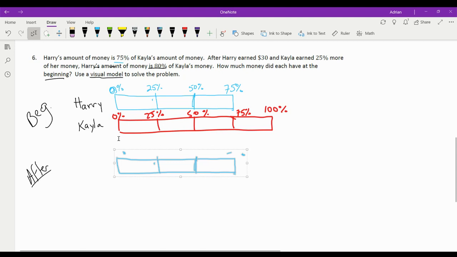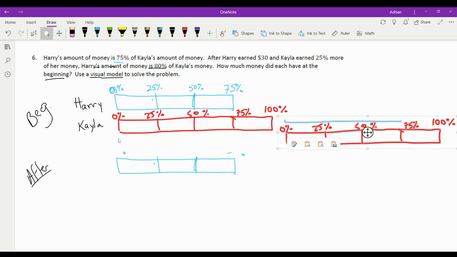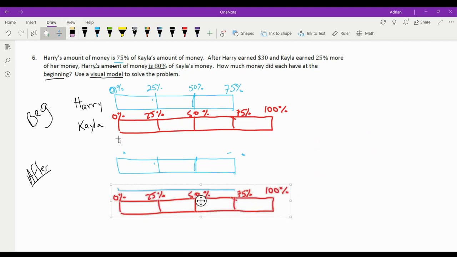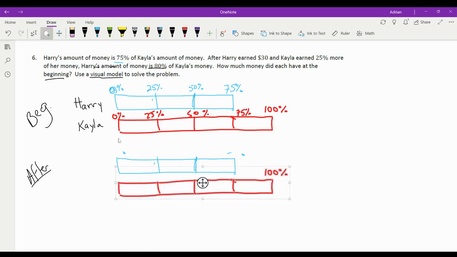Whatever. Okay, and now that I can use the same one, I can compare these same diagrams